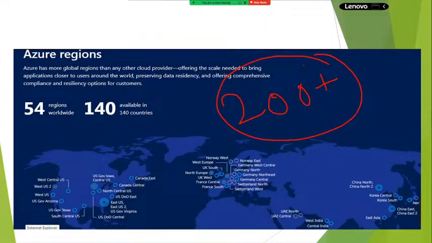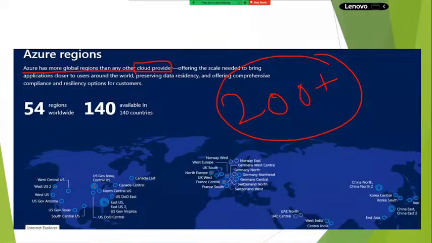This is the biggest and first organization which has installed this many data centers. Next, see, they have directly mentioned: Azure has more global regions than any other cloud provider. Here, other cloud provider, I can say AWS.